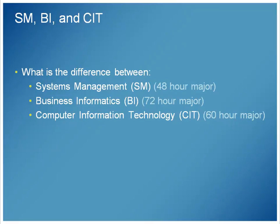BI is a great major if you have the time to do a 72-hour major, and if you desire to have a business major, an accredited business major with formal classes in each of those 6 business discipline areas. Systems management is a shorter major. It's 48 hours. It's a very good major for people who are 2+2, who already have a 2-year associate's degree